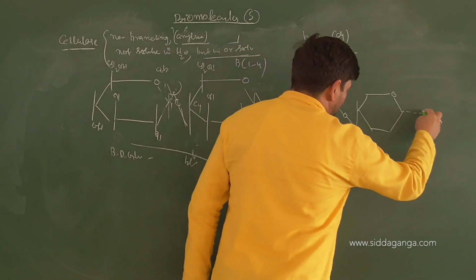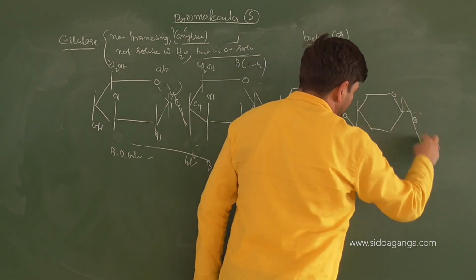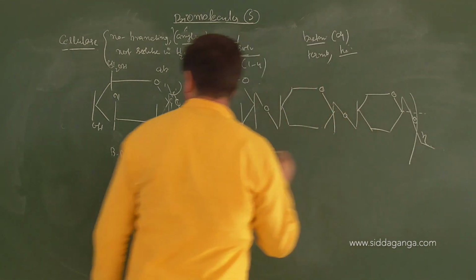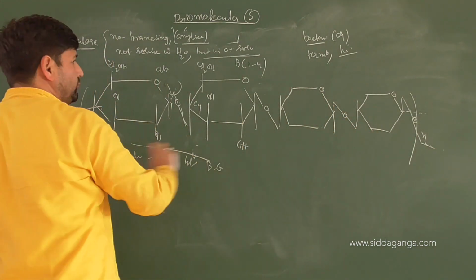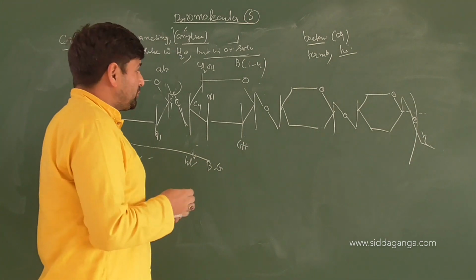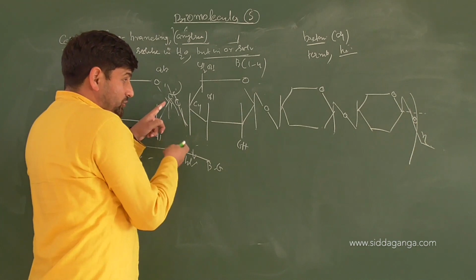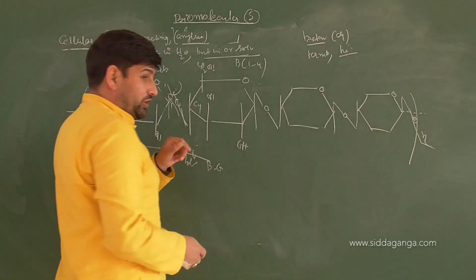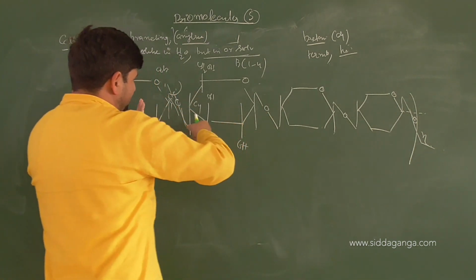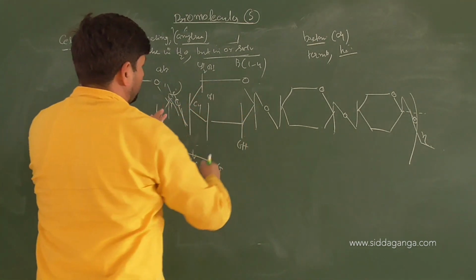This chain will continue or not with a crooked link? N times this chain continues. N times. No branching for this molecule at all. So the link is beta 1,4. Is the link strong or weak? The link is a crooked link, it brings the molecules much closer. Or you can do one more thing. So rotation, if you rotate this molecule.